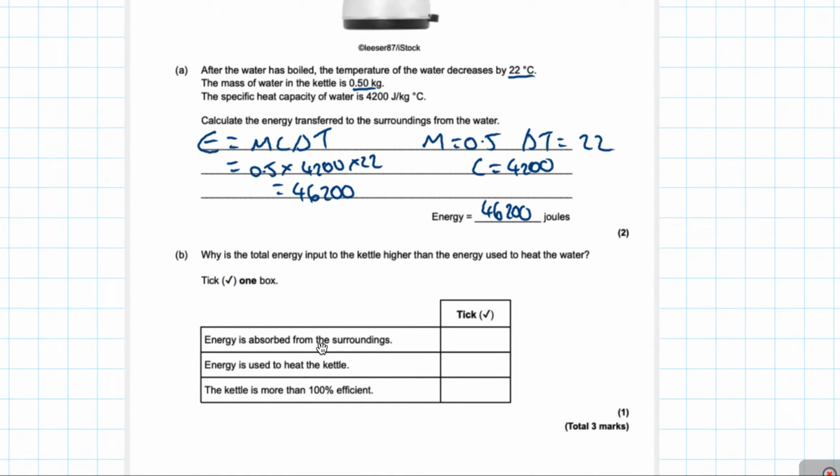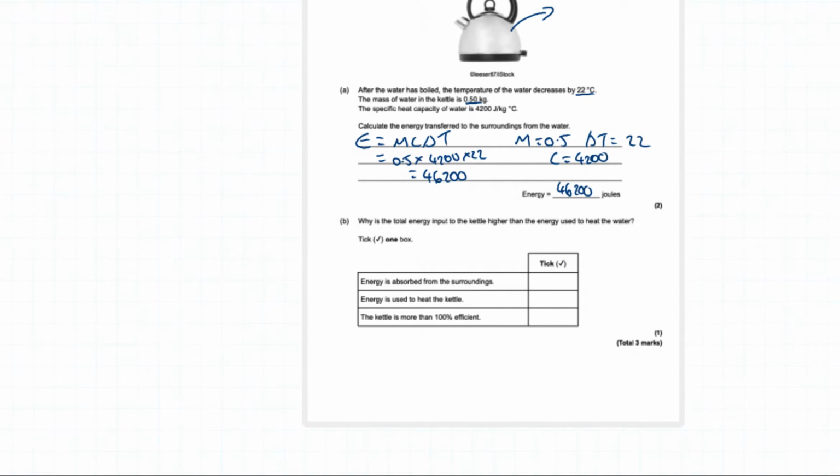What are the total energy inputs to the kettle, or why is the total energy input to the kettle higher than the energy used to heat the water? So if we have the total energy, here we have the kettle, and the kettle is connected to a plug. That's a terrible drawing of a kettle, I apologise. So we've got a kettle here. Okay, terrible kettle drawing, but we can see here that